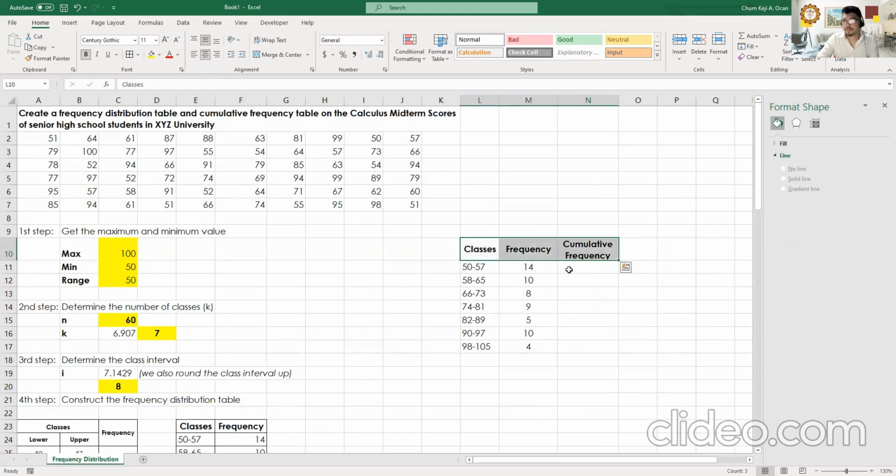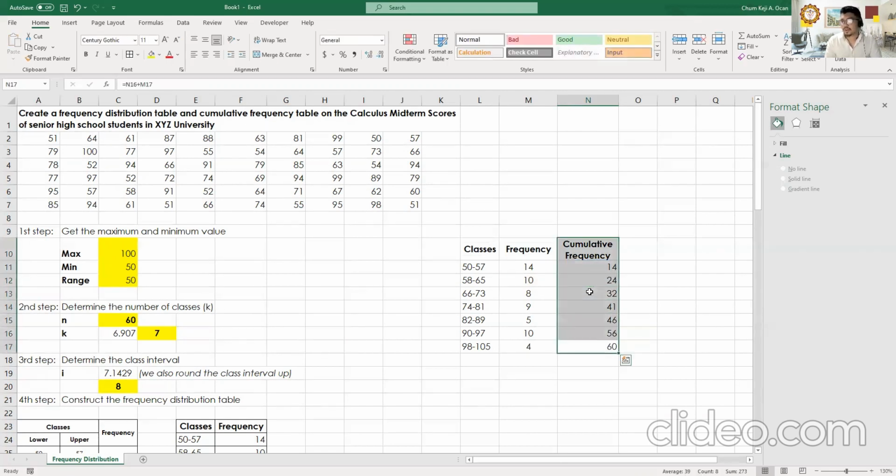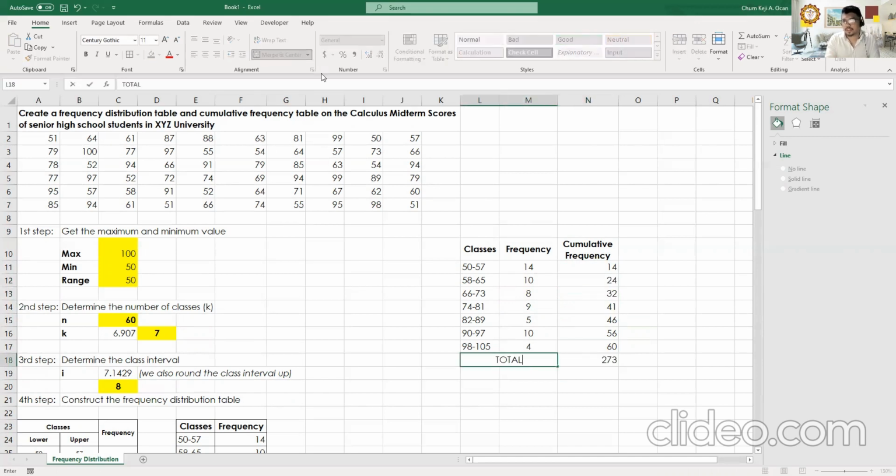The cumulative frequency is just the accumulation of the frequencies from the first and the second classes. So our first cumulative frequency here is 14 because our first frequency is 14. And then our next cumulative frequency will be 14 plus 10, which is the next frequency in the next class. And then we're just going to copy and paste the values or the formula because it's the same as we go downward in the table, and then we're going to get the total or the sum of the cumulative frequency